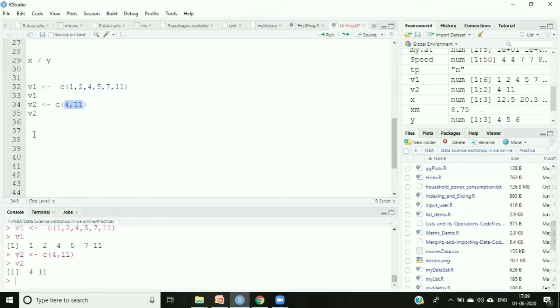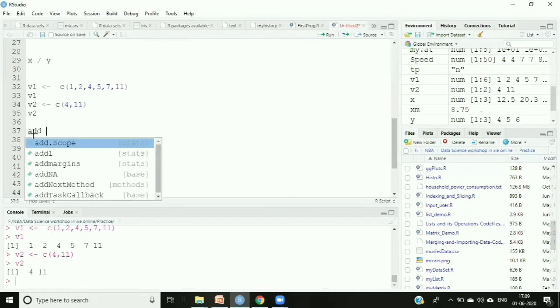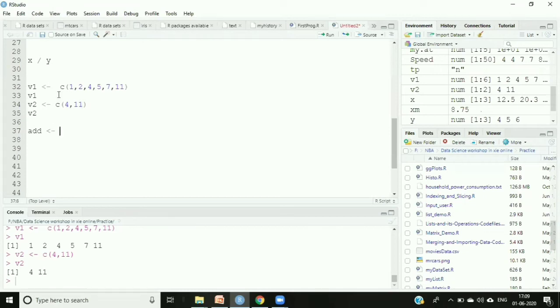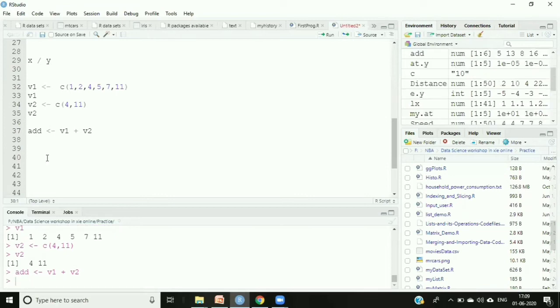Now if I'll do add, I'm creating one variable. Okay, in the add I'll be doing the sum of v1 plus v2. So I'm saying v1 plus v2. Okay, enter, control enter. So it has added, right? Let's take the value of add. So it's showing 5, 13, 8, 16, 11, and 22. Let me copy this. I'll paste over here. Okay, 5, 13, 8, 16, 11, 22. How did it get this value? What it will do basically, when we try to add over here, so what happens over here, see the,